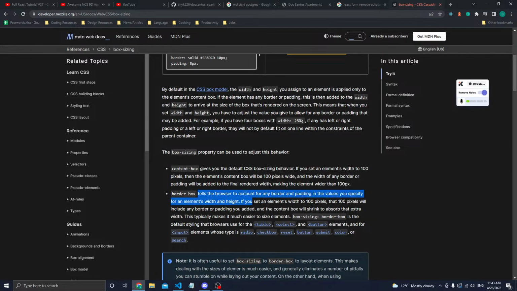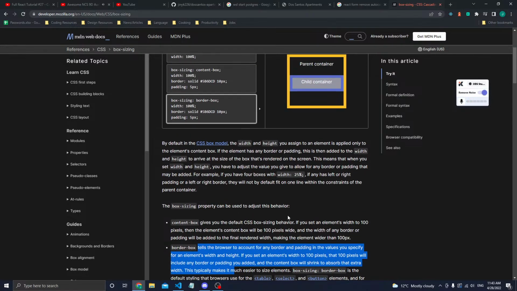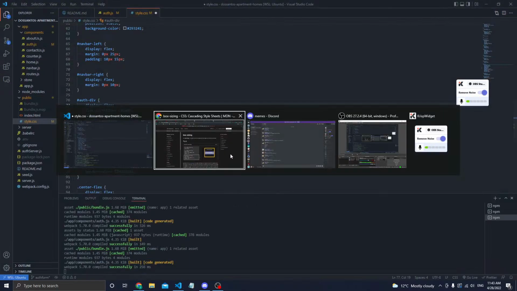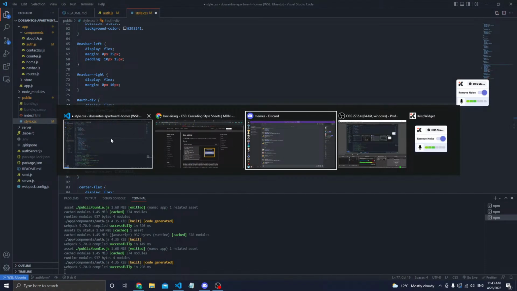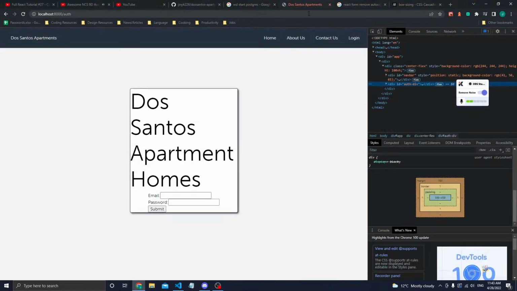in an element's width and height. Set an element's width to 100 pixels, and that 100 pixels will include the border and padding you added, and the content box will shrink to absorb that area. So I believe this is what we want actually because let's just say in our application, we